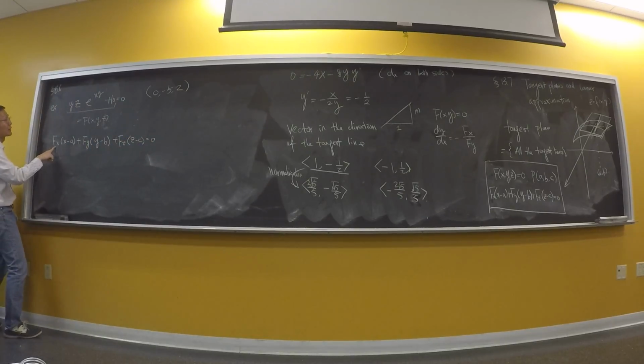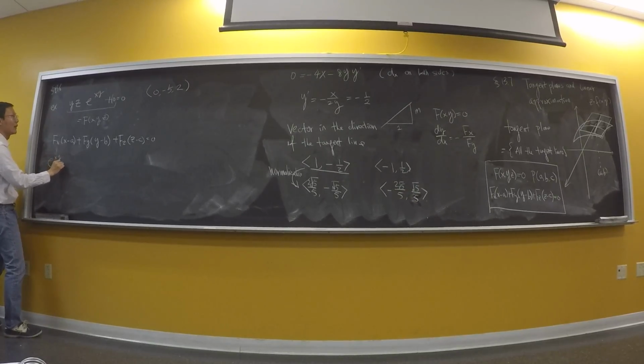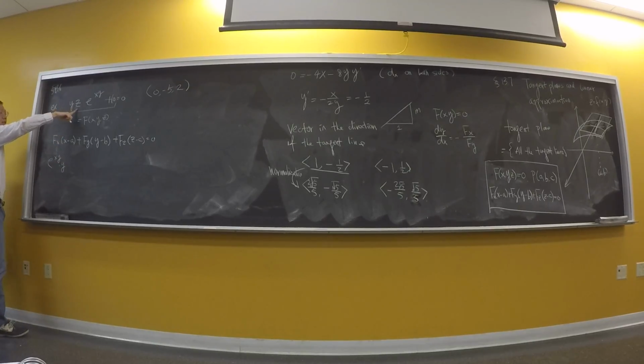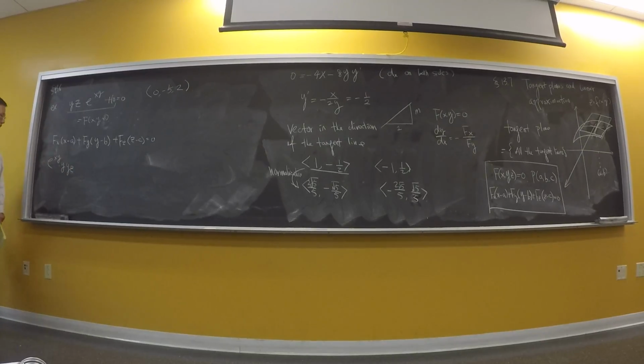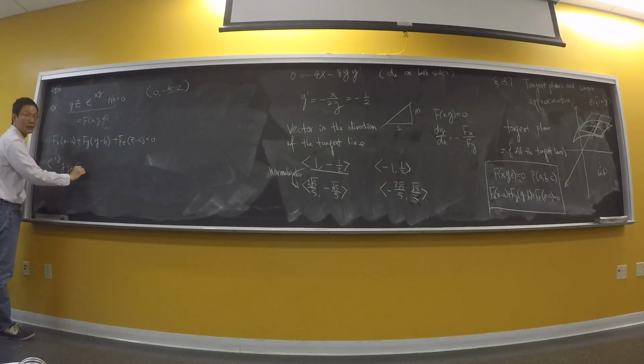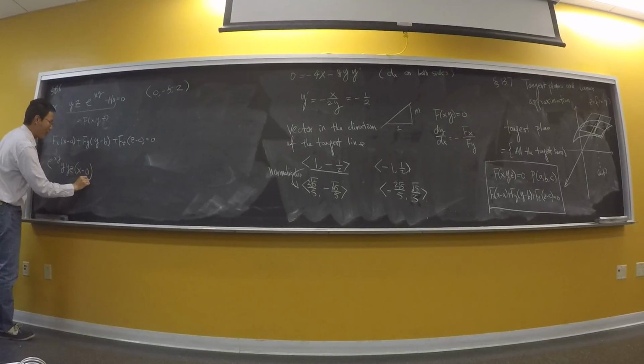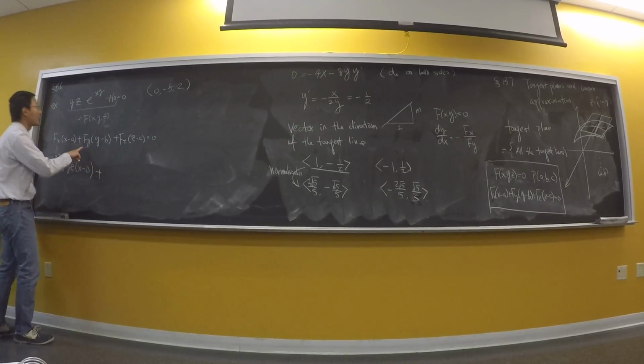So fx is going to be e to the xy times y, but I also have the constant factors, so y times z again. This is the partial derivative with respect to x, times x minus 0. And then plus fy is going to be,